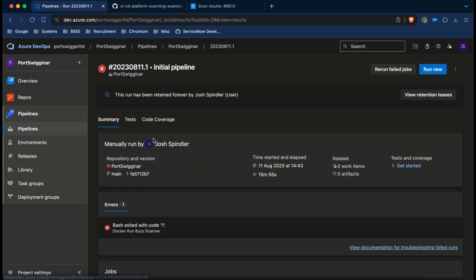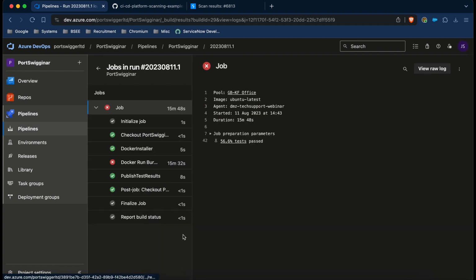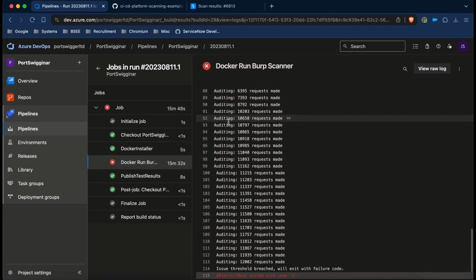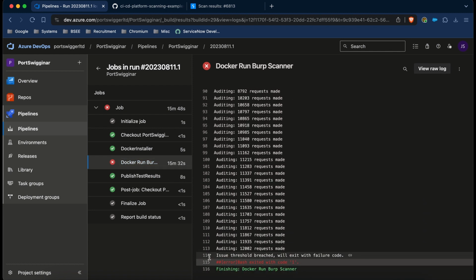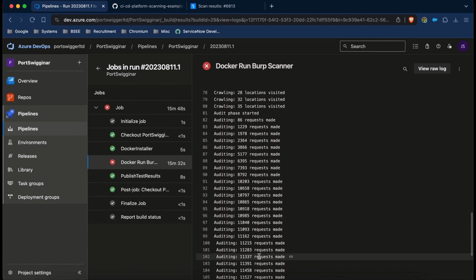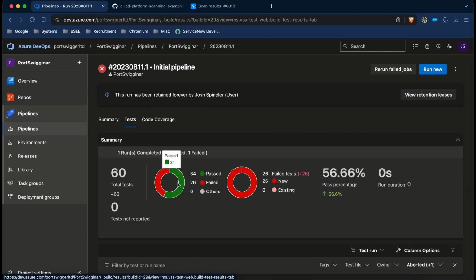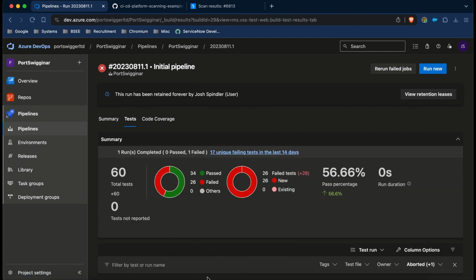and go to one which we've already run before. If we go into the job here and look at the console, you can see that as the scan progressed, you can see your statistics here, and then it says at the end that the issue threshold was breached, and we're going to exit with a failure code. Now, because we outputted those results as a JUnit XML file, and we published those right at the end of the pipeline there, that now means that we can go to the tests and see those results directly within the pipeline. So if I scroll down here,